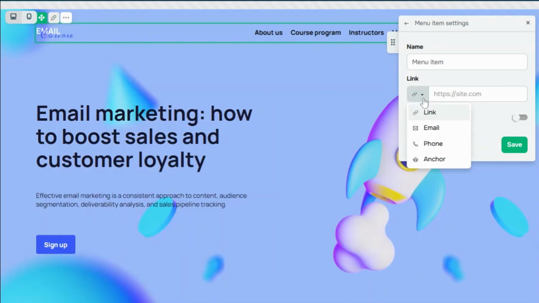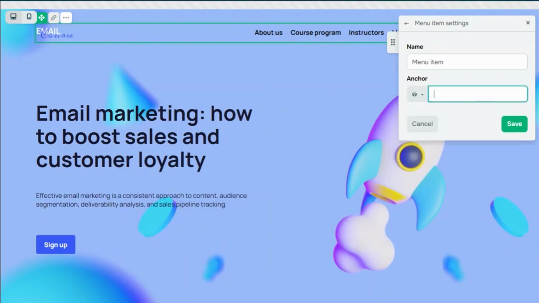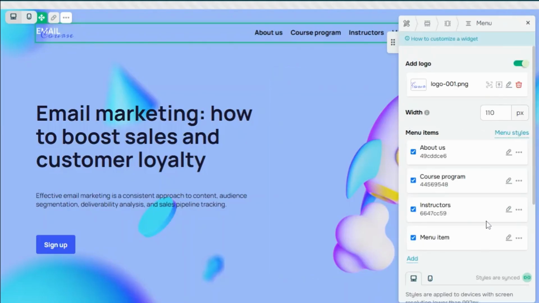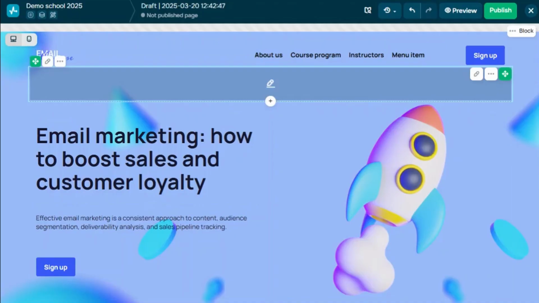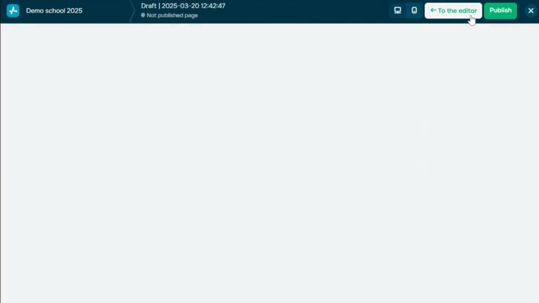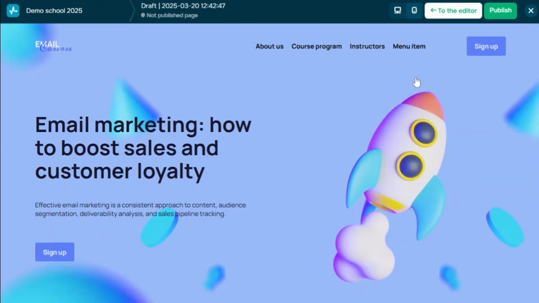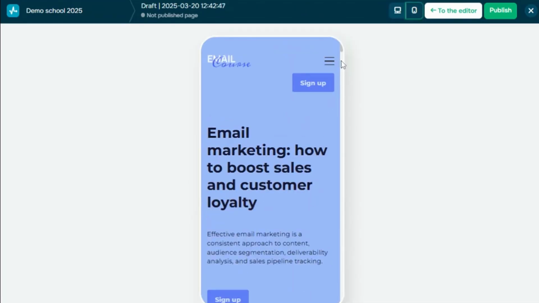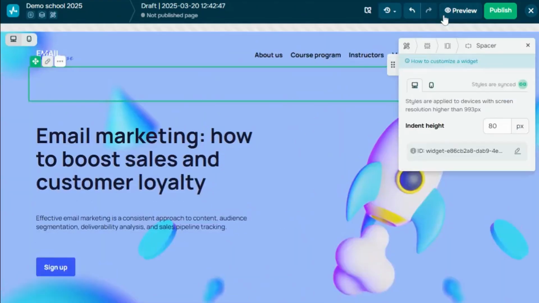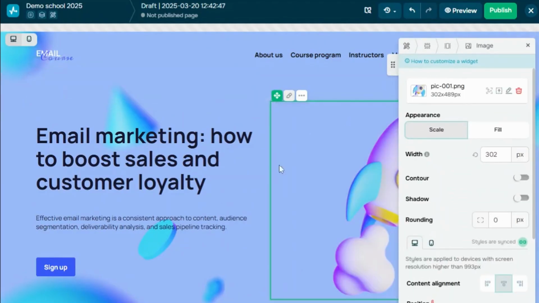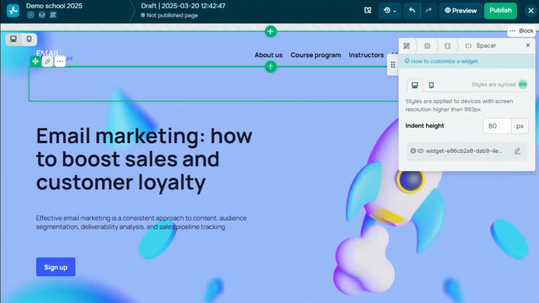However, if you want to lead users to a specific block on your website, select the anchor type and paste your block ID. After you publish this and other pages, your menu will be activated, allowing you to test your website navigation in action. You can also preview your website before launching it. You can switch between desktop and mobile views at any time. While setting up your blocks, you can toggle between the two layouts and, if needed, turn off Style Sync to fine-tune each view individually. Your changes are saved automatically, but visitors won't see them until you publish your website.